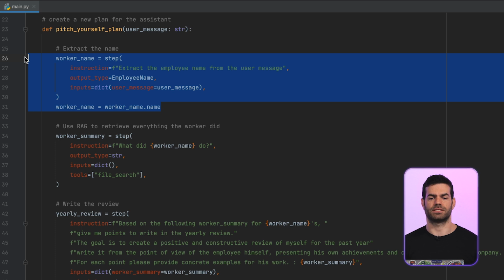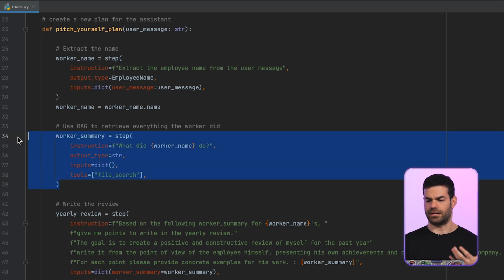Very simple, very nice. Now what we want to do is to get the information, right? So the second step is using RAG. Again, if you were doing it real time in Slack, instead of putting a RAG, you want to connect to the Slack API. Okay, and it will work. Not a lot of work to really change that. Yeah, to make the call. Yeah, but what we're doing here is we're saying, okay, the tool here is file search. Okay. Okay, so RAG, and essentially, right, we're asking what did worker name do, and you can see the instruction